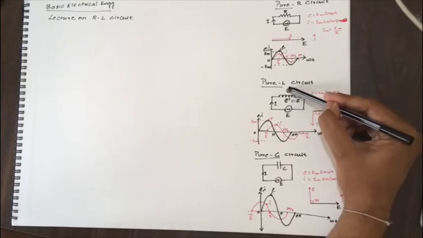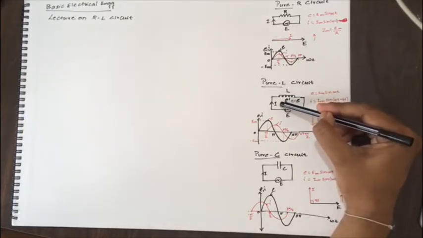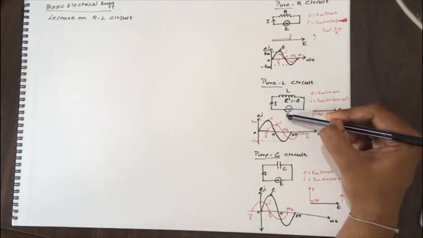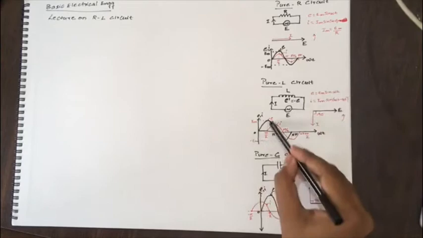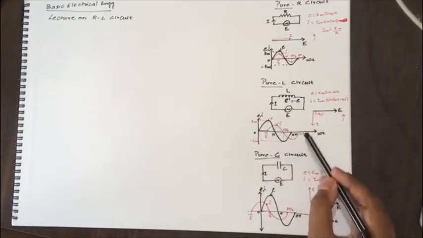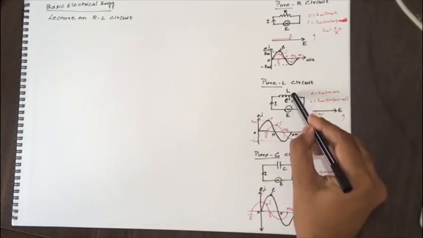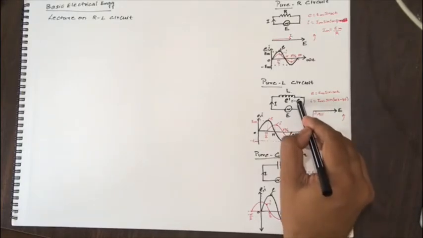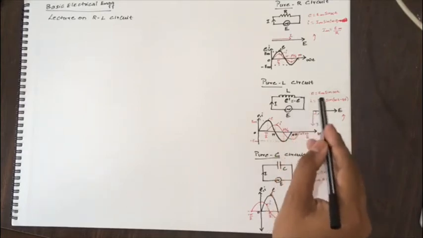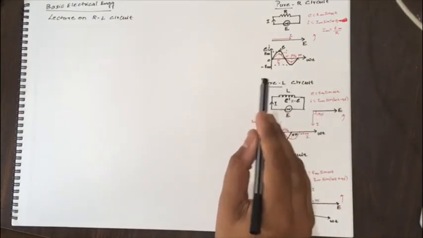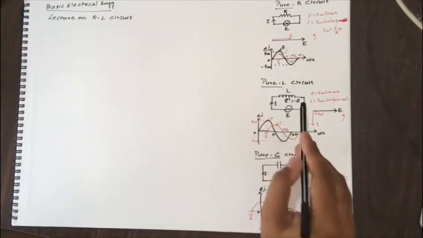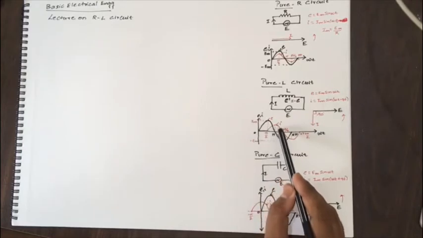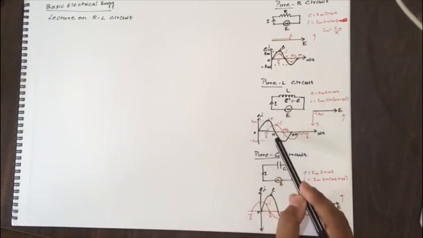The cause for change in flux is the change in current. Why change in current? Because current is alternating in nature. Because the source is alternating in nature, current is also alternating in nature. Hence the flux produced in this coil is also alternating in nature. Therefore, this induced EMF E is continuously opposing that change in flux, and in turn it is opposing the change in current. Because this inductance is opposing change in current, the current is continuously lagging behind the voltage by some angle.